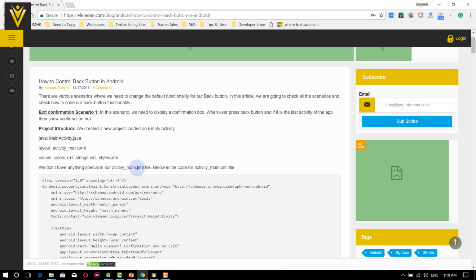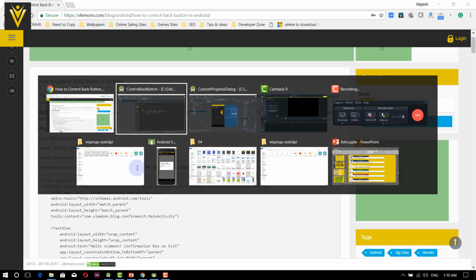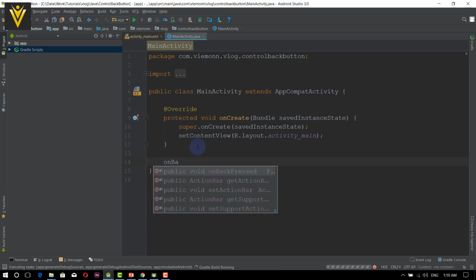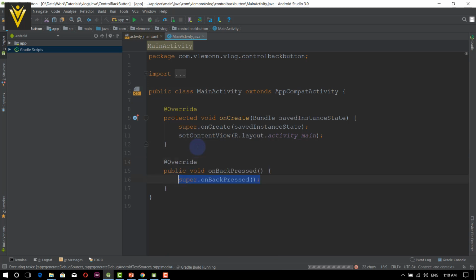So we are going to cover this first scenario, and for this I'm going to open my control back button. And for controlling the back press event, we need to override a function onBackPressed. I'm going to say onBackPressed, and most of the code we are going to write in this function. Okay, so let me first